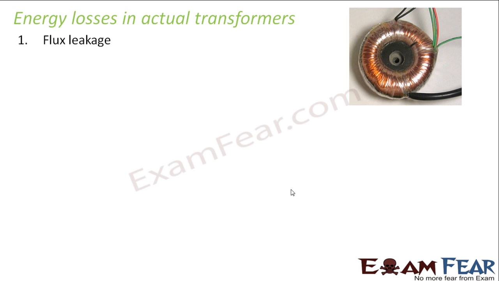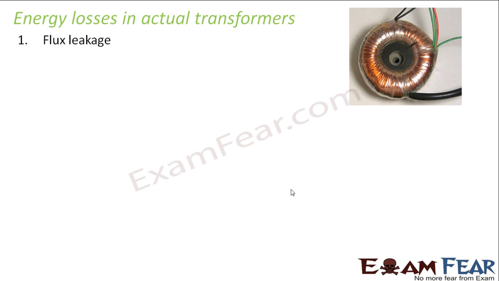The first one which we see is the flux leakage. What do I mean by flux leakage? It means because of the air gaps between the primary coil and the secondary coil, the change of flux associated with the primary coil is not completely transferred to the secondary coil because some of it is lost in the air gaps, right? So that means the entire change in flux is not getting transferred to the secondary coil, so the induced current in the secondary coil will also become lesser. So there is quite a considerable amount of loss which we are encountering here.